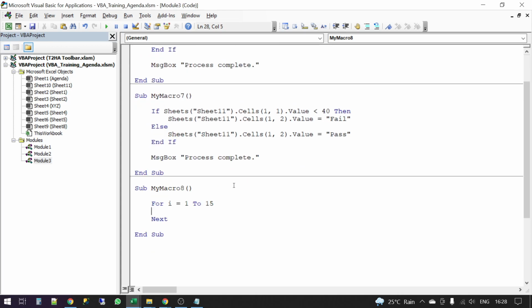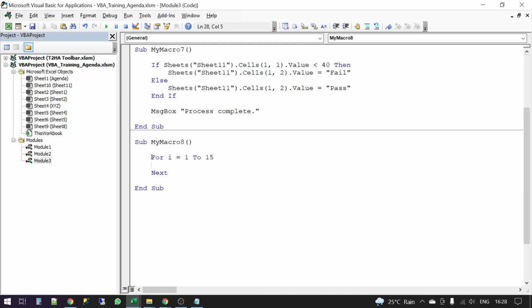The way this macro will run, I'll just show you. Say I just want to give a message i. Let me run it only 5 times. Why 15 times? So For i equal to 1 to 5, MsgBox i.